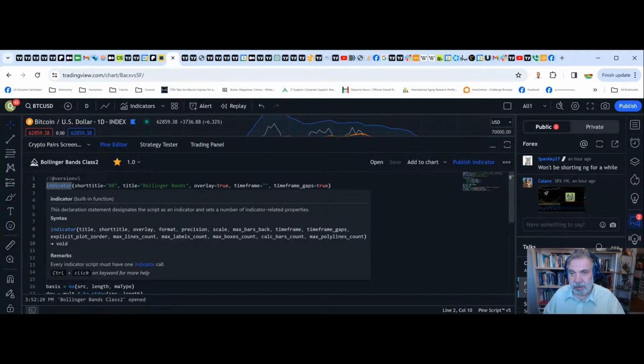Strategy means you give it some rules on what to do, like I want to sell at this point, I want to buy at this point, and then it will mark on the chart where you did your buying, where you did your selling. And there are things you can modify, like every time I buy or sell, I want to sell everything, buy everything back, or I just want to use